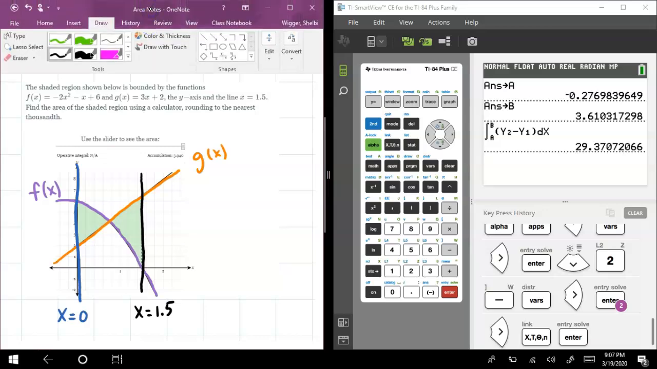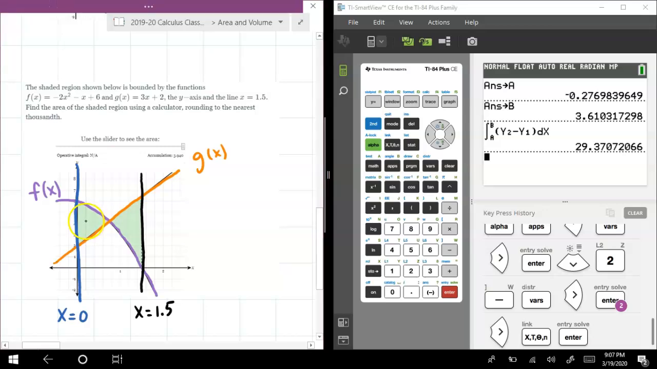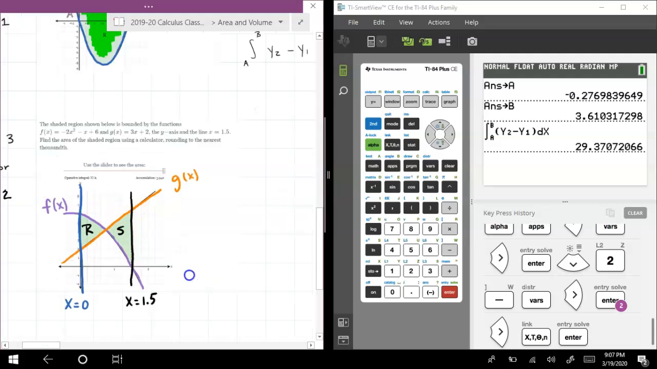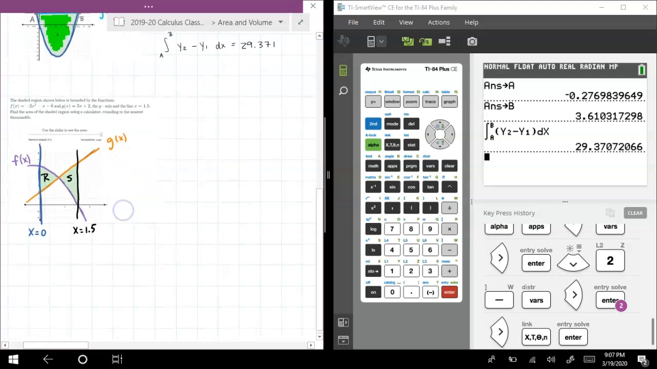So now, if we label our two regions, let's go R and S. In region R, f of x is the top function, and g of x is the bottom function. But in region S, it's opposite. G of x is on top, and f of x is on the bottom. So to set up our integral,